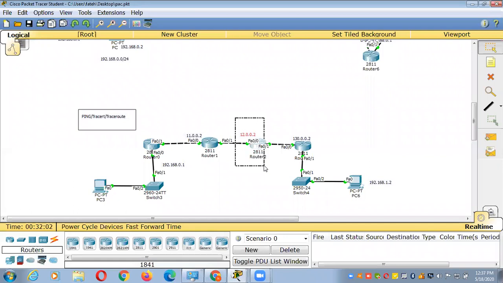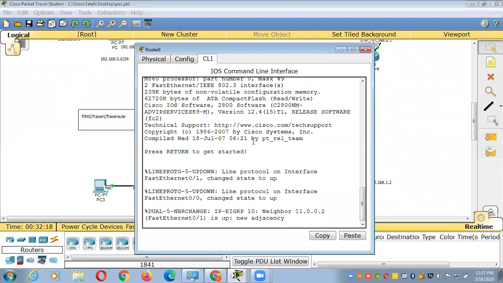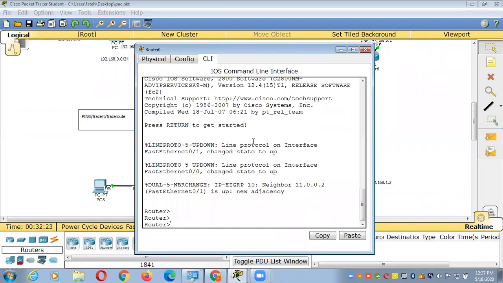So by using tracert, you trace the route. But traceroute is also the same command, except you can run it on a router. You will get the same output here, but traceroute will run on the router.